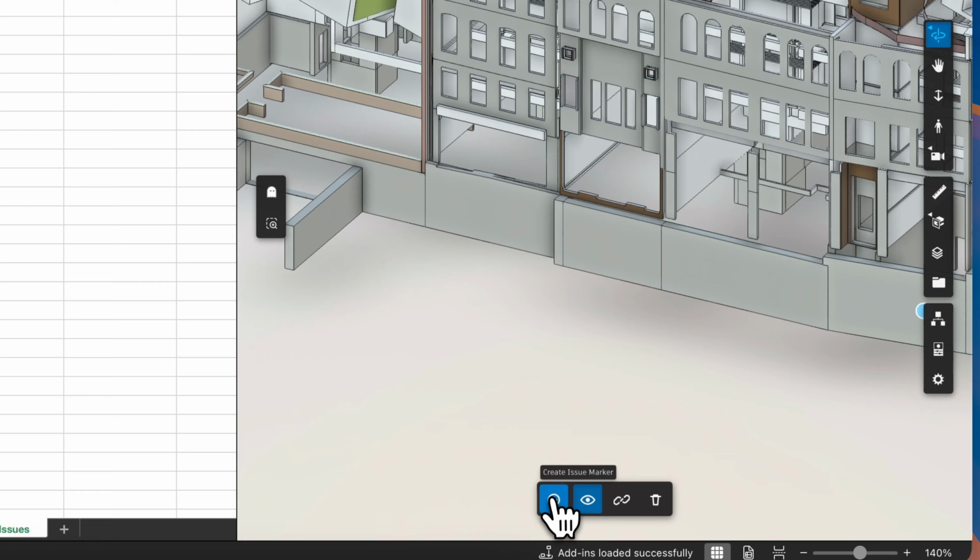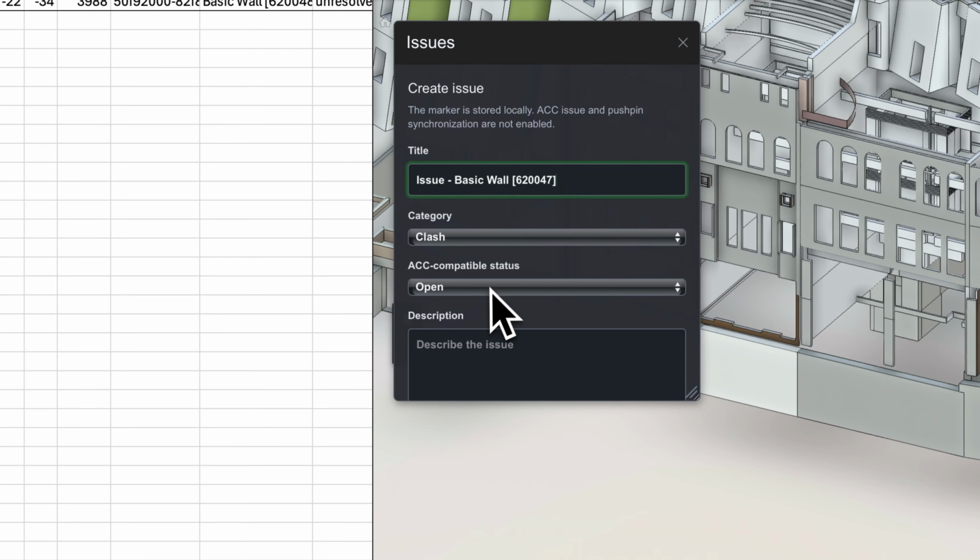Meet the new Issues feature in Frame for Excel, currently available in Alpha. You can now create issues directly inside the Autodesk Viewer by selecting a location in the model and adding the